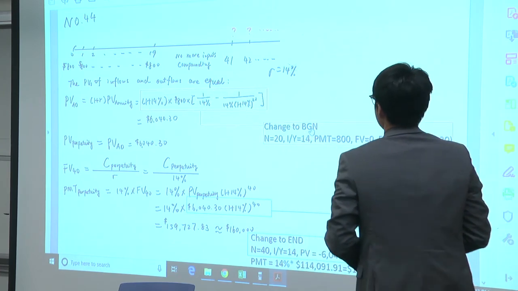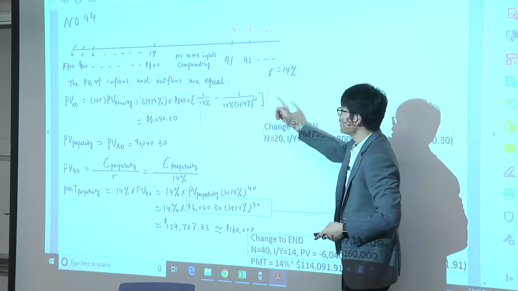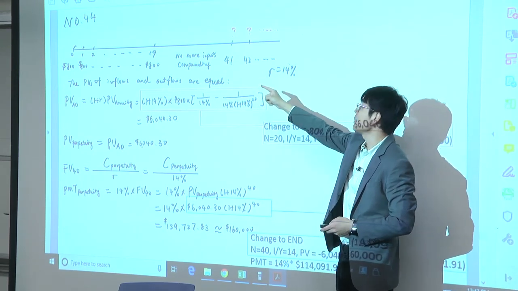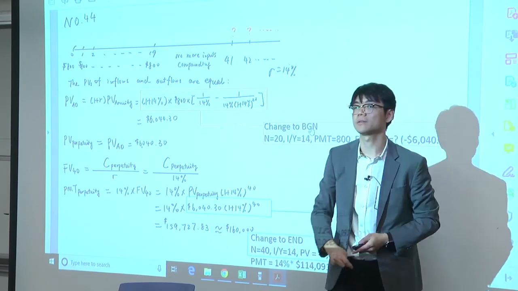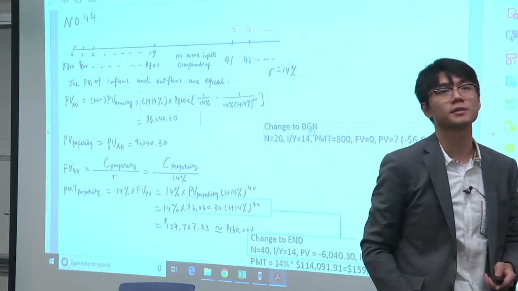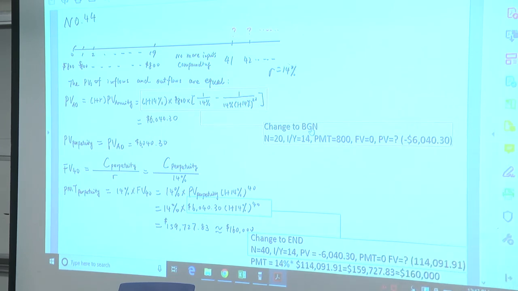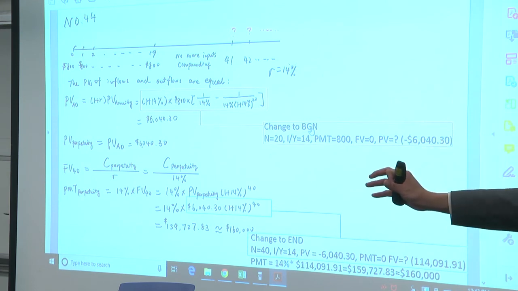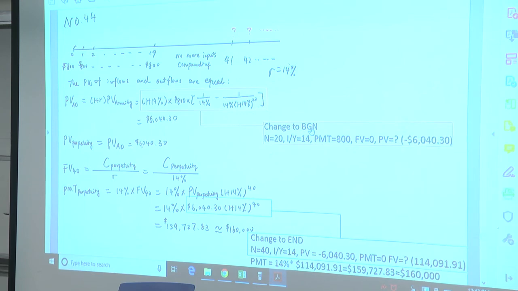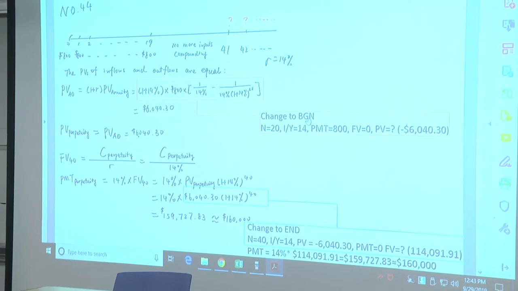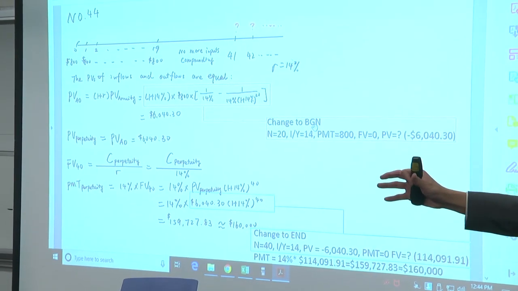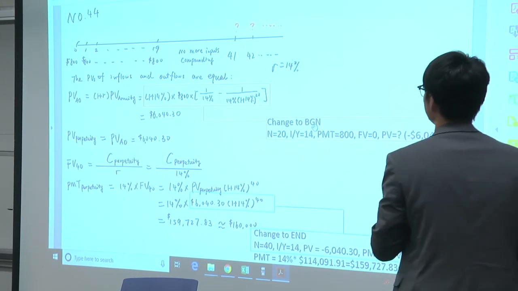So the essence is that the present value of the annuity is the same as the present value of that perpetuity. That's the key to this question, and the key to most of these kinds of questions. No matter what year it starts or ends, remember, the amount you pay is the amount you receive. There's no free lunch. Nobody gives you a 1 cent addition to your value, and you're not going to lose a cent either. That's a fair game. Once we notice that, it will be easier.